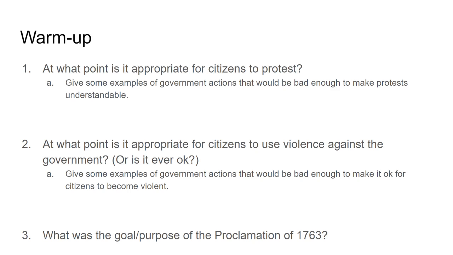And then finally, our last question: what was the goal or purpose of the Proclamation of 1763? You should have that down by now. The goal was to keep the colonists from moving west of the Appalachian Mountains, and the purpose of that was to keep them separated from the Native Americans so that there would not be conflict and war between these two groups. This is what partly led to the French and Indian War, and the British government is deep in debt, and they don't want to continue to deal with that problem. And so they say, all right, colonists can't go west of that.